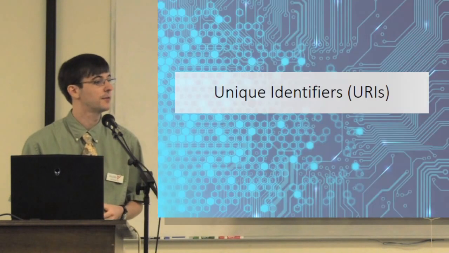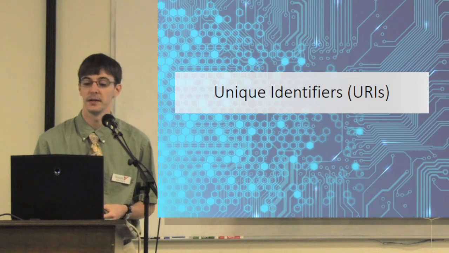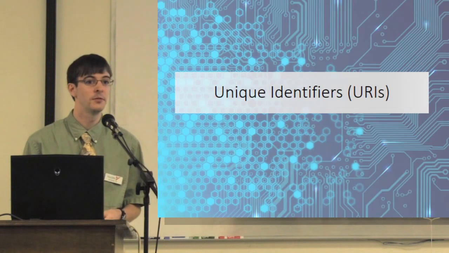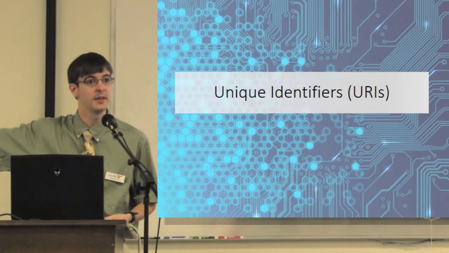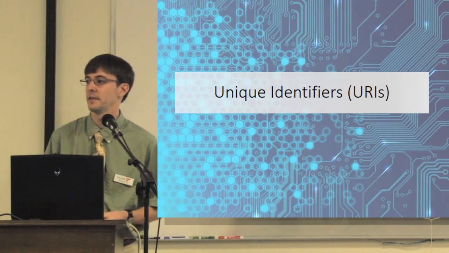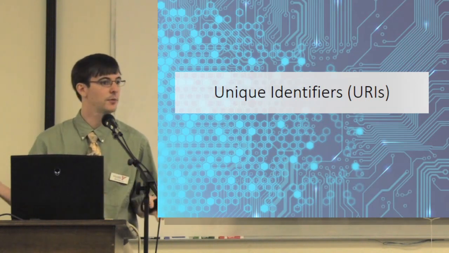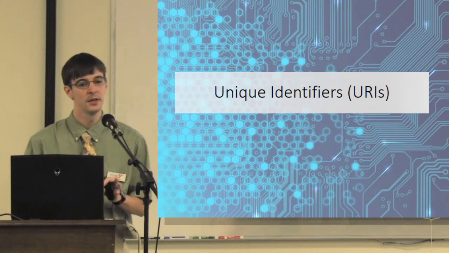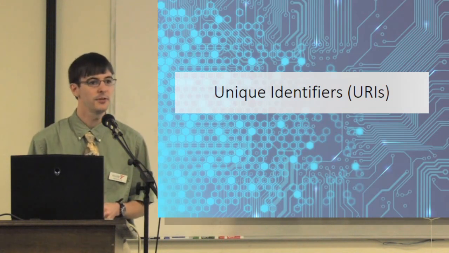Unique identifiers are an important part of RDF, resource description format, because when you point to something, you're saying, that's what I'm talking about. I'm talking about this thing here. You want that identifier to, first of all, exist for a long period of time. You want it to be persistent, and there are standards for that, cool URIs, several things. But also you want to know that you're pointing to the specific thing.